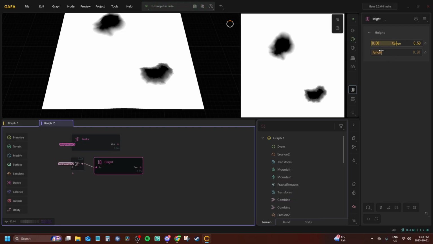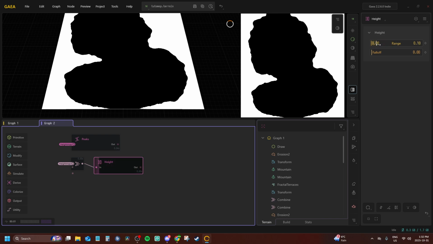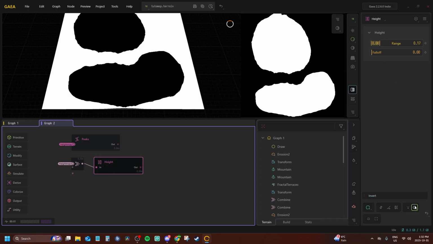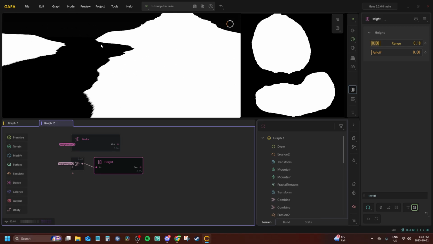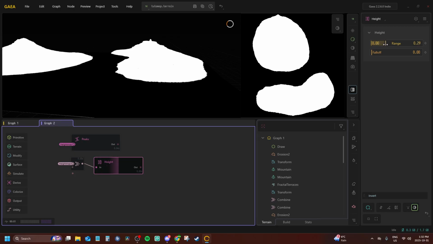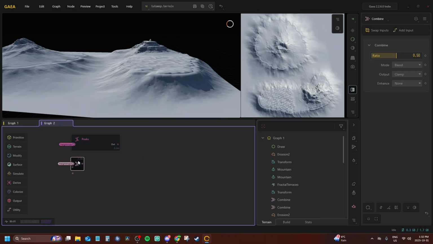Now, from here, I'll take the fall off like this. Make this inverted. Actually, no, that's not gonna work. Yes, this is it. I think I need to go here,